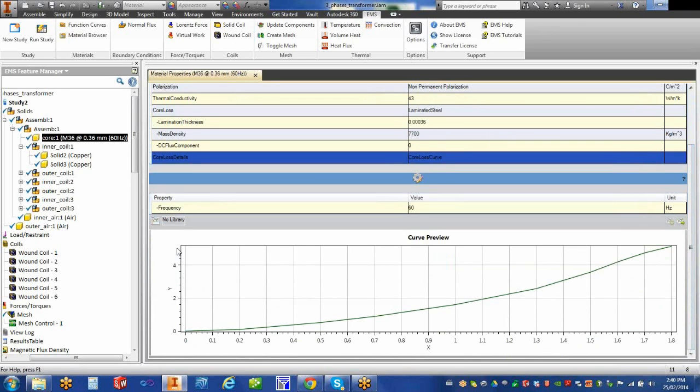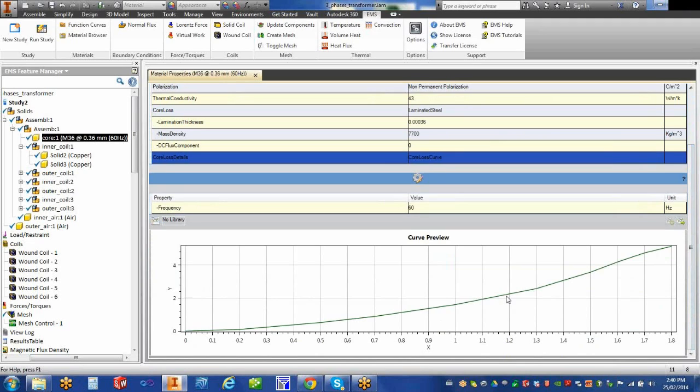Now, if you want to take the core loss at any point and break it down into different components, and there are formulas for that, you will be able to